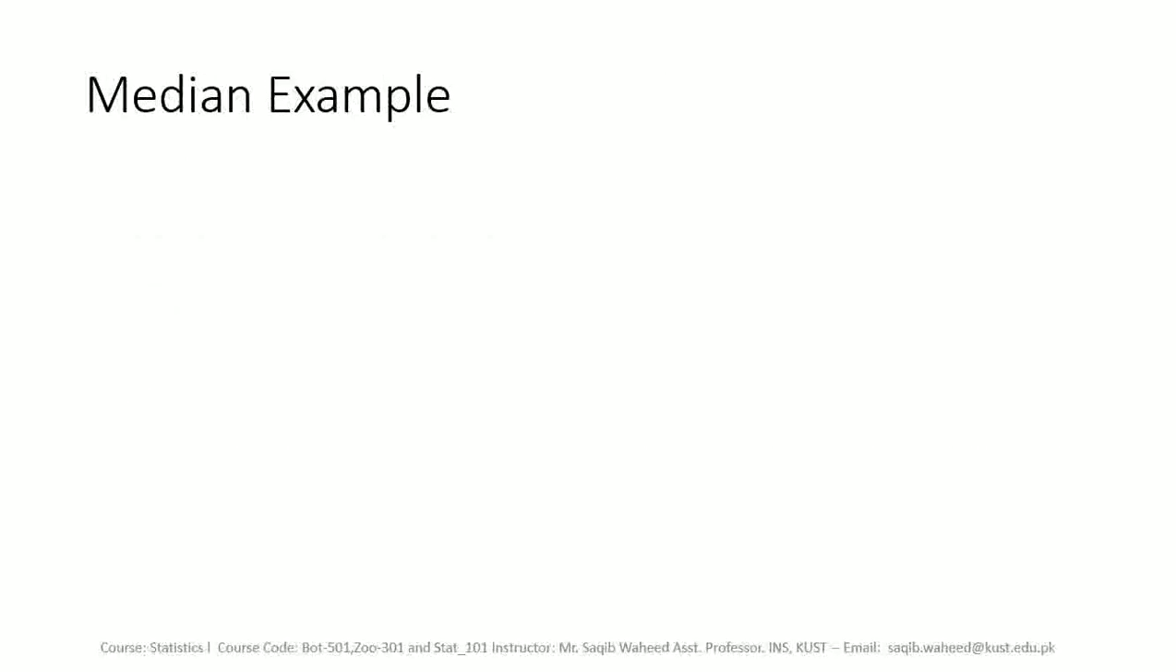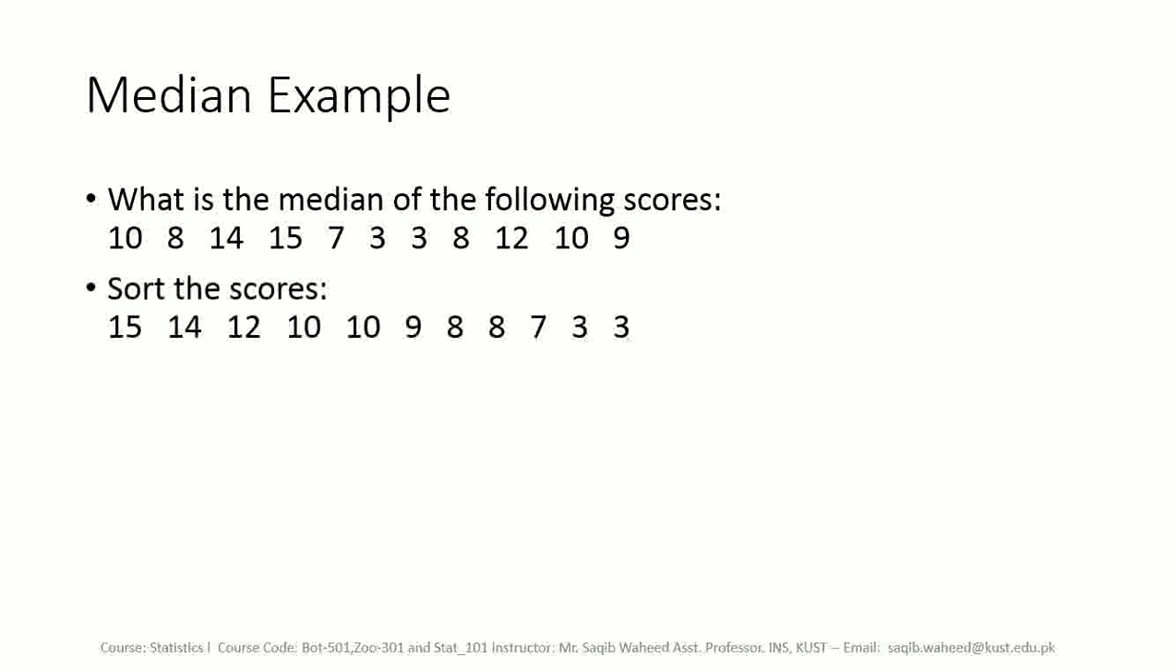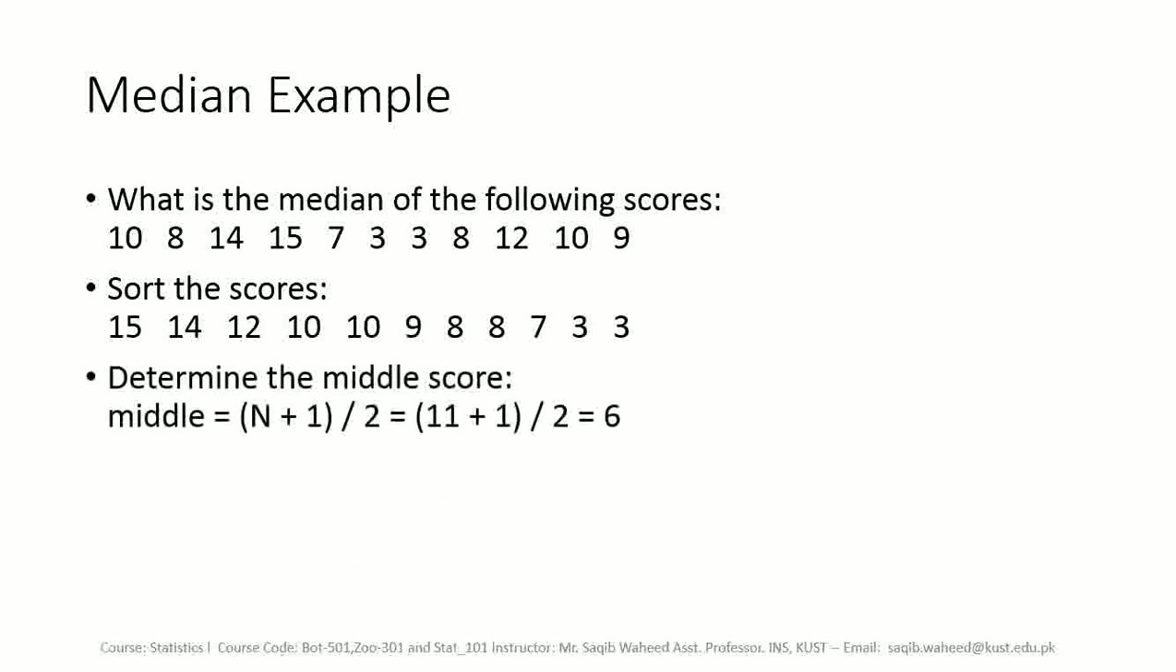Now an example of the median: what is the median of the following scores? 10, 8, 14, 15 and so forth up to 9. The first step is to arrange the data. Here we arrange from highest to lowest: 15, 14, 12 and so forth up to 3. And then determine the middle score with the help of the formula,